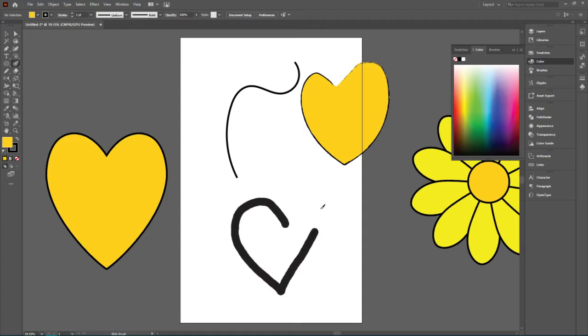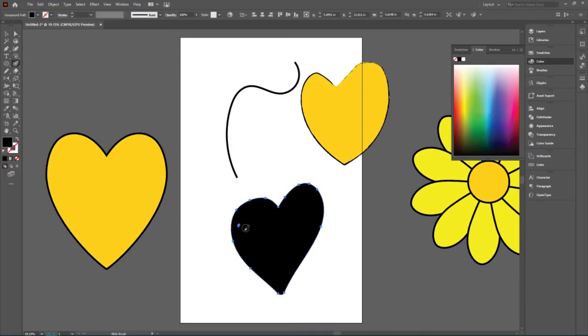And now I can draw my heart and fill it in at the same time. It might have been even better to make the brush a little bit thicker to do a heart this size. But wherever I fill in is just going to become solid shape, solid color. Okay, so if I release,